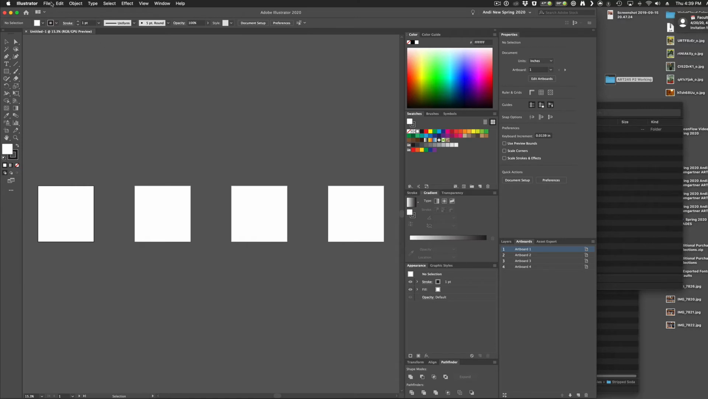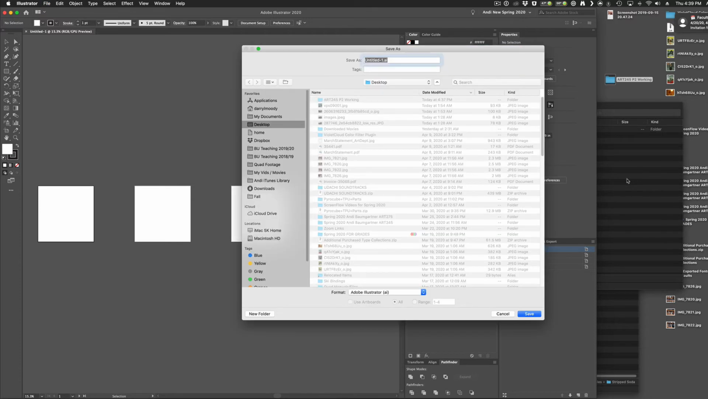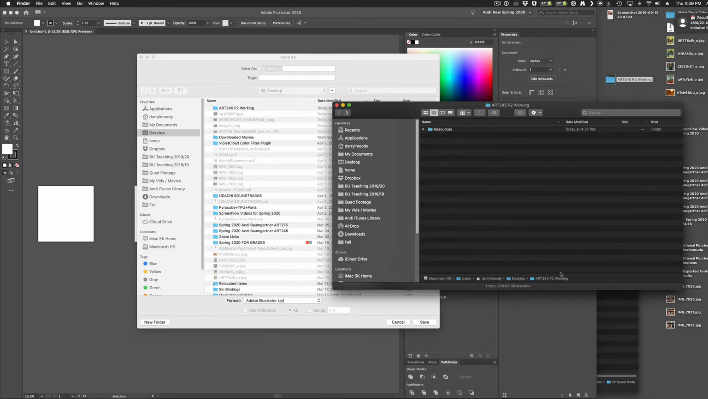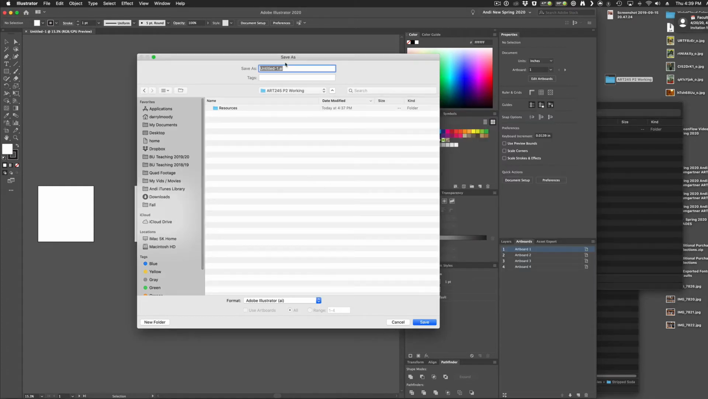Okay, so now let's save this document by going to File and Save. And in my dialog box here, what I'm going to do is just drag this folder in. And I'm going to call this